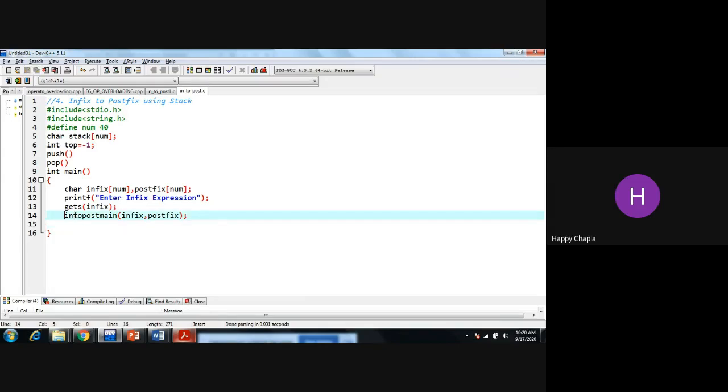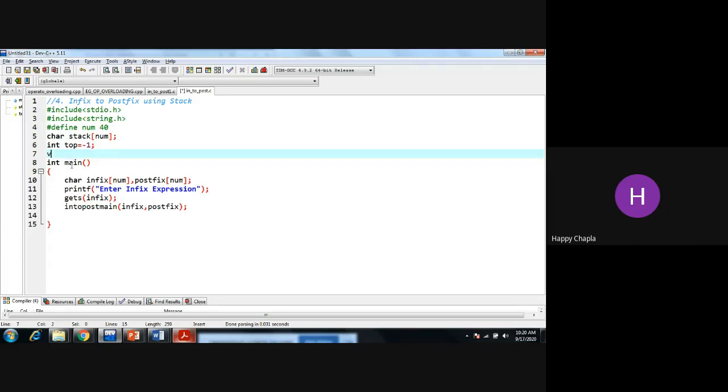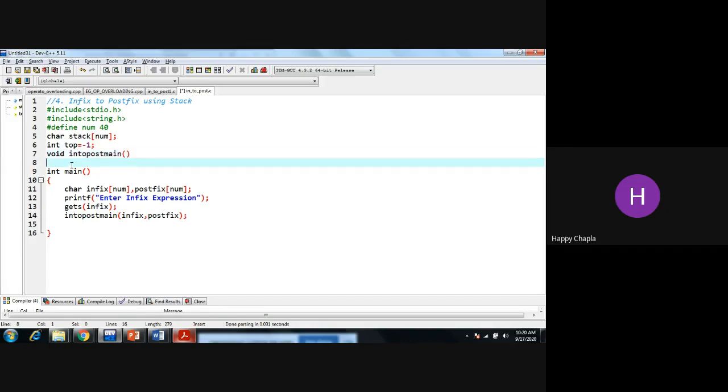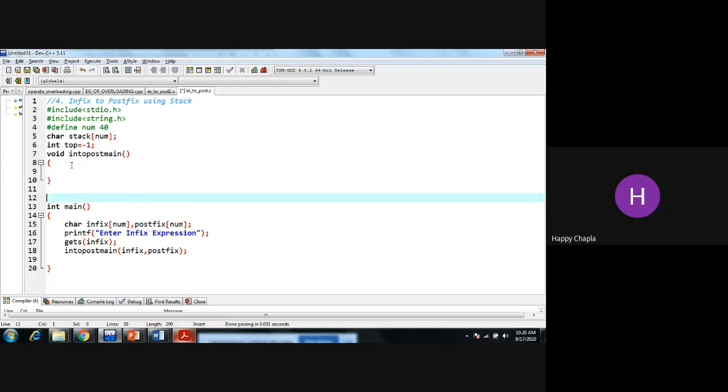Now, first and foremost, we need to create one function named void intopost. Okay, creating that function.